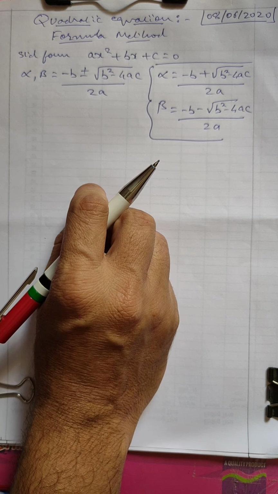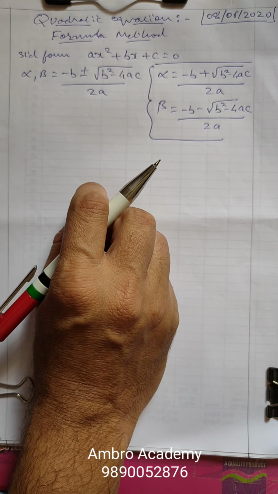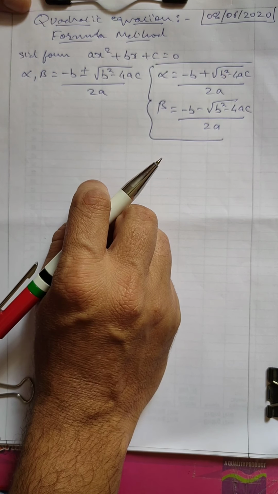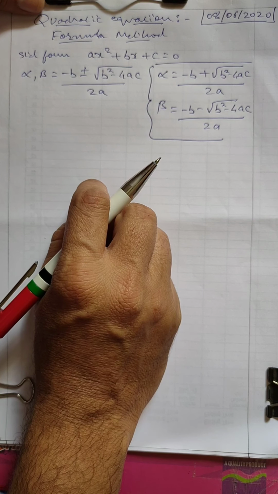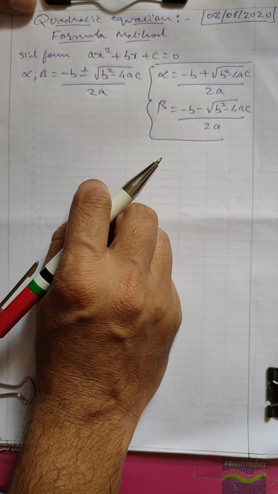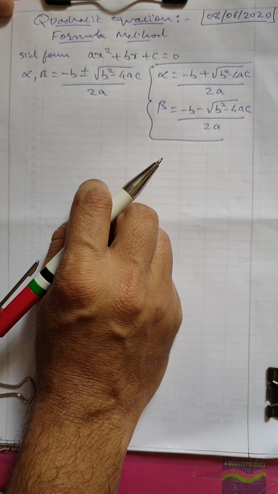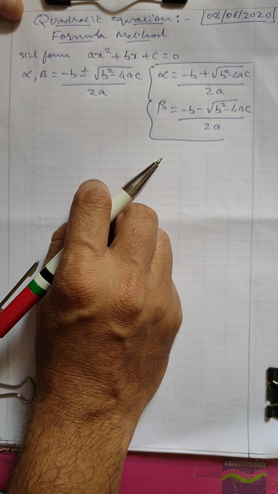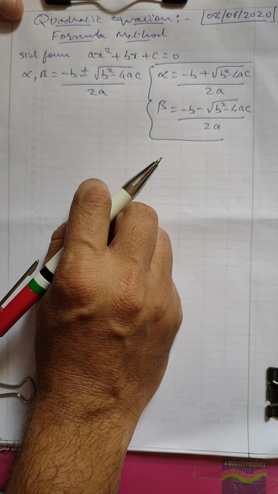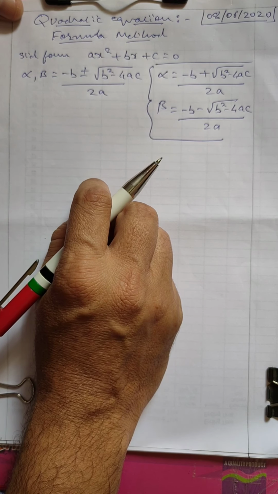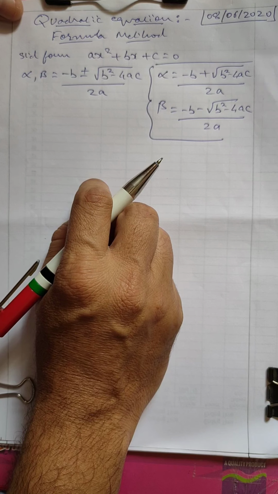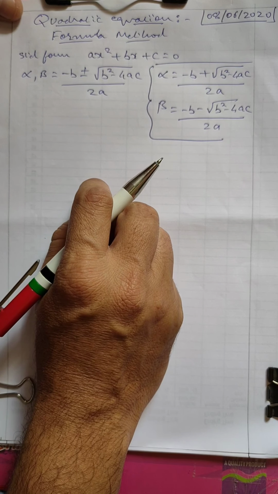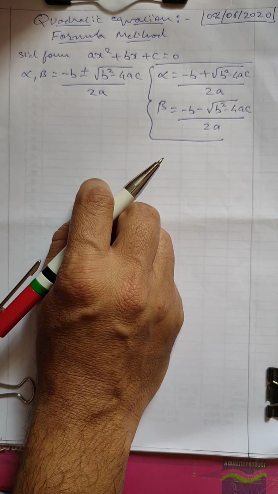As in exercise 4.3, they have said that if roots exist, or if the quadratic equation has a root, how can you determine that it has a root or not? There is no need to solve the problem and find out after getting a negative value that taking the under root of a negative is not possible, hence roots are not possible. We have a simple form, and that form is called the discriminant.